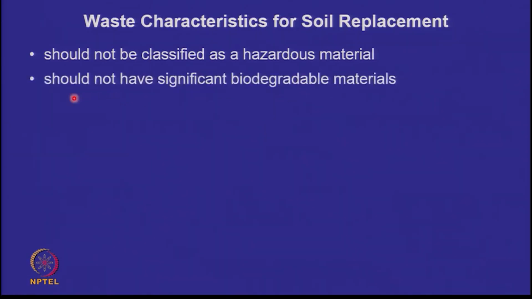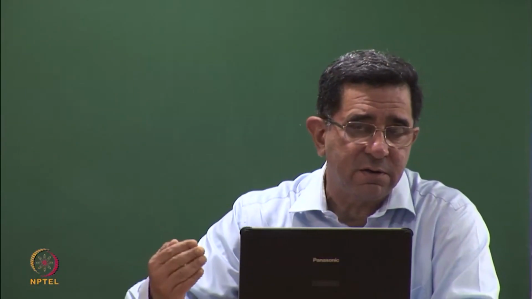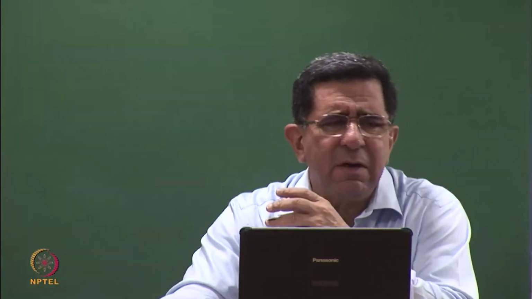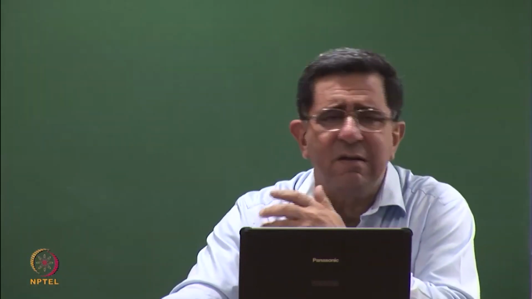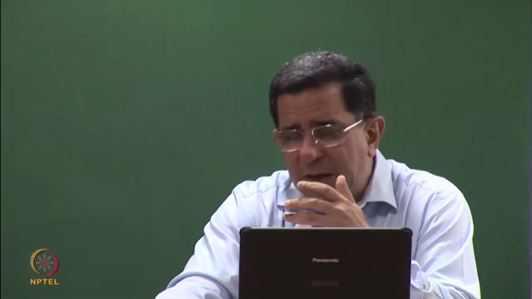I should be sure that it does not have significant biodegradable content. You see, the design life of any civil engineering structure is 50 to 100 years. So, if I have high biodegradable content, the material will undergo volume reduction with time, because the organic or biodegradable matter will eventually decompose. Typically for soils, a 3% limit is what we have traditionally dealt with. Less than 3% organic material is fine. This can be extended to 5%.